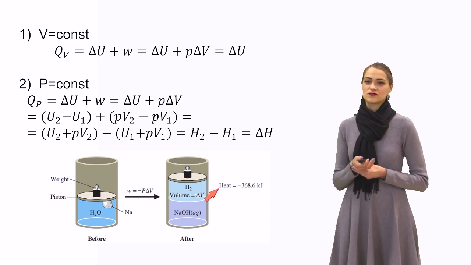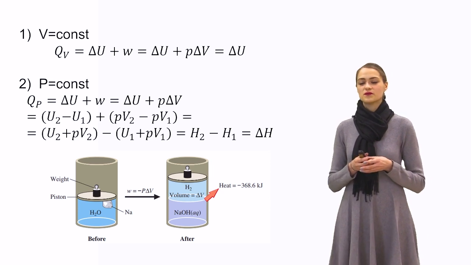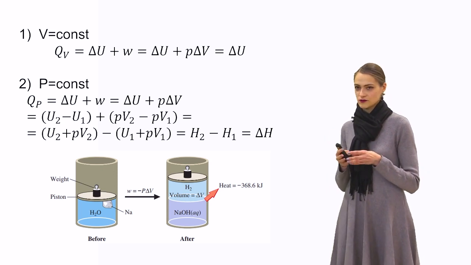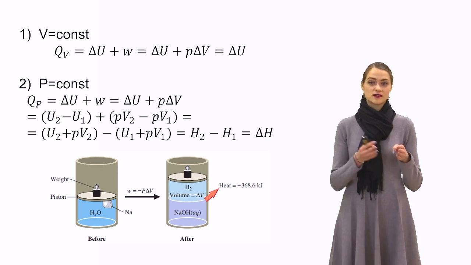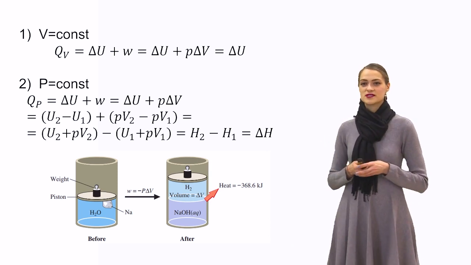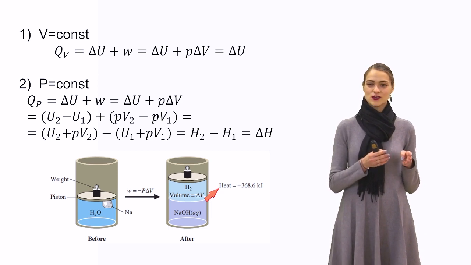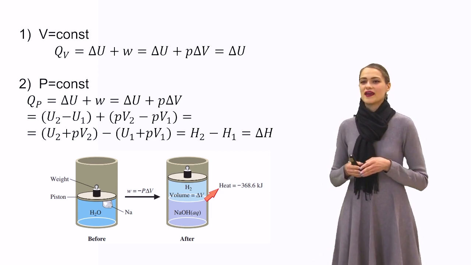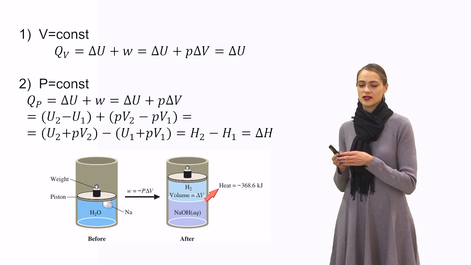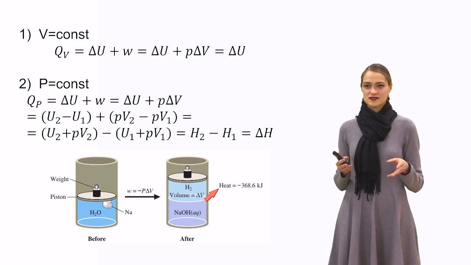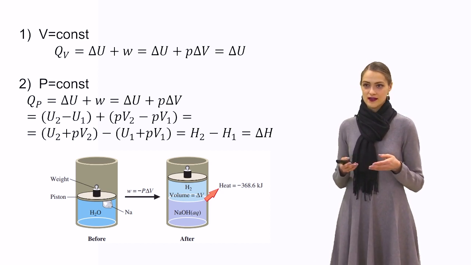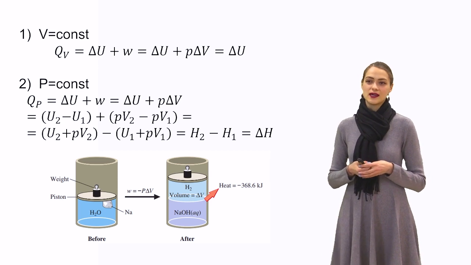You see that first in this equation we placed in two terms the change of internal energy and the change of work in two different states, second and first one. But then we placed in two terms exactly the final state, U2 plus PV2, minus the initial state, U1 plus PV1. And we can rewrite these terms through a second thermodynamic state function, enthalpy, H2 minus H1, and finally